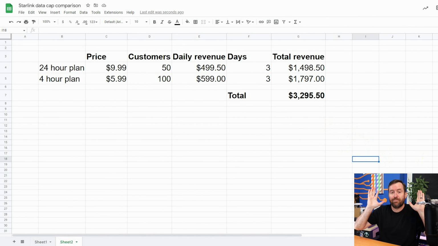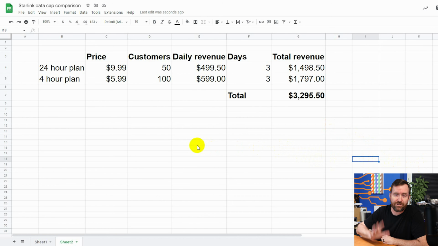Now let's take a look at some completely hypothetical financial numbers for this type of setup. Again, this is totally made up, all right? But the way that I look at it is this. If there is a festival with, say, 10,000 people, and we can get just 1% of people per day to sign up for our 4-hour plan, and 0.5% of people per day to sign up for our 24-hour plan,